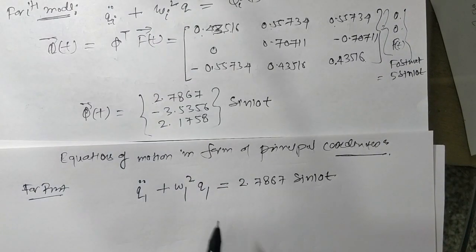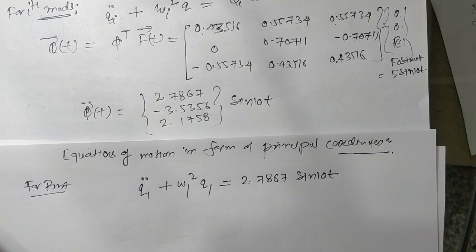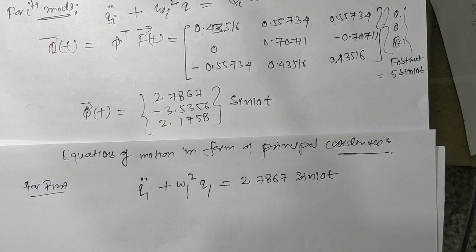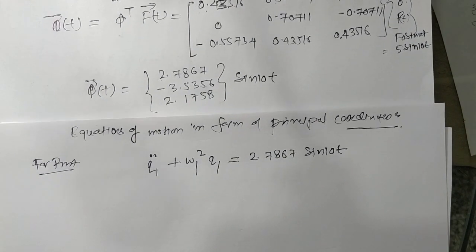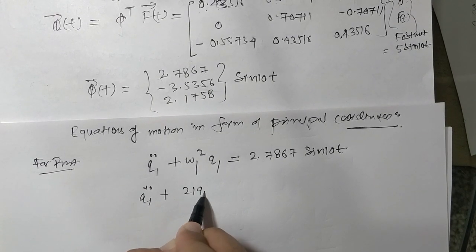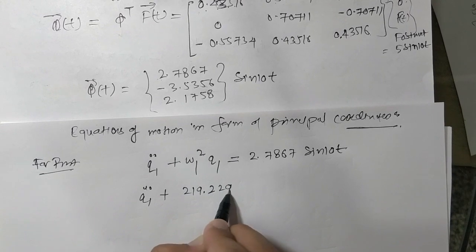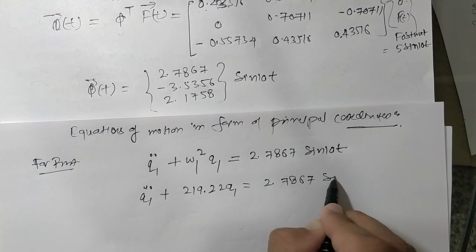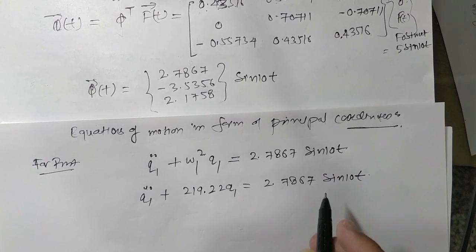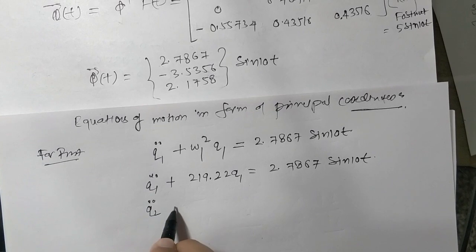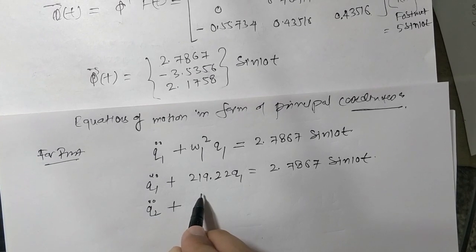If we put the value of omega 1 here, this is q1 double dot plus 219.22 q1 is equal to 2.7867 sin 10t. And similarly for the second mass, q2 double dot plus omega 2 square,